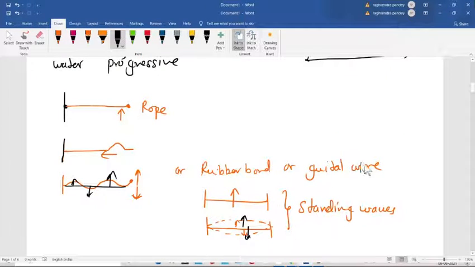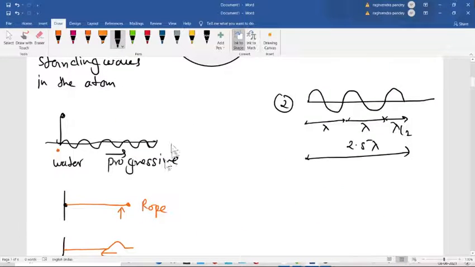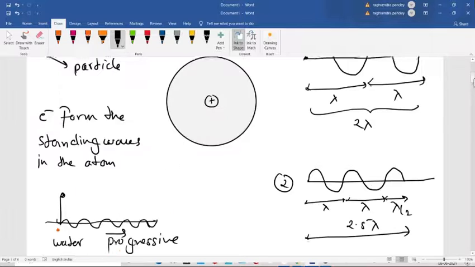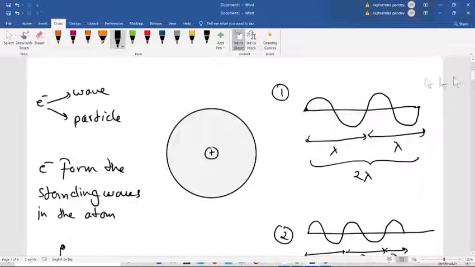No? Somebody who is playing the guitar, the wire will go up and down. So that is your standing wave. A standing wave does not go anywhere, unlike a progressive wave. That is why it is called a standing wave. It shows every characteristic of a wave. Because the electron shows wave-like nature, that is a wave here.